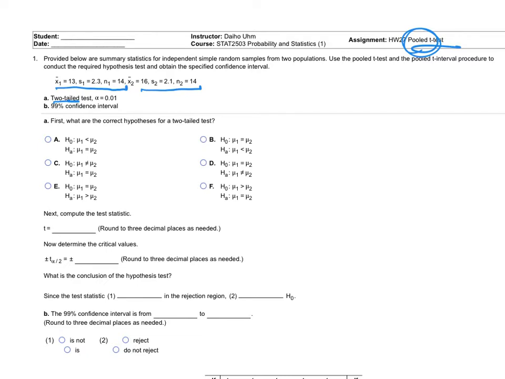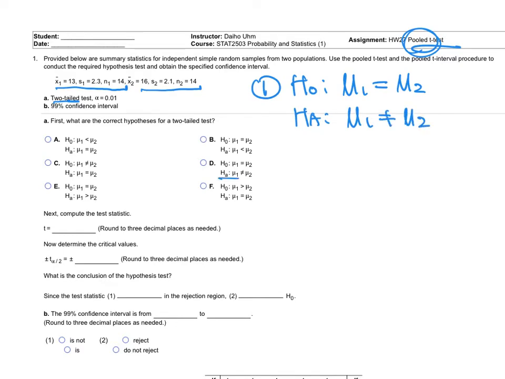So always, step number 1, in the null it is mu1 equal to mu2. And now it is two-tailed, so it's mu1 not equal to mu2. So I think it looks good. Yeah, it's choice D. That is the answer for step number 1. And step number 2,